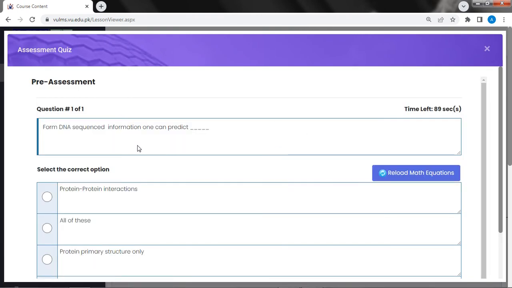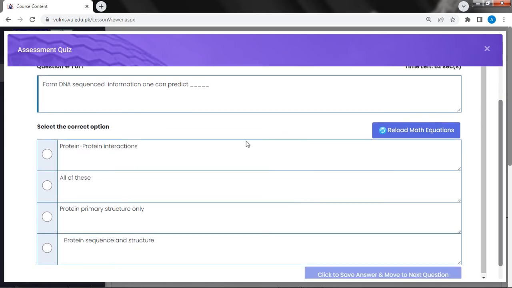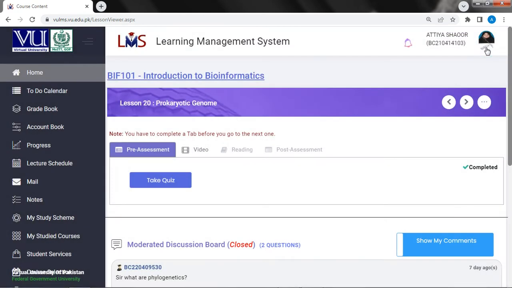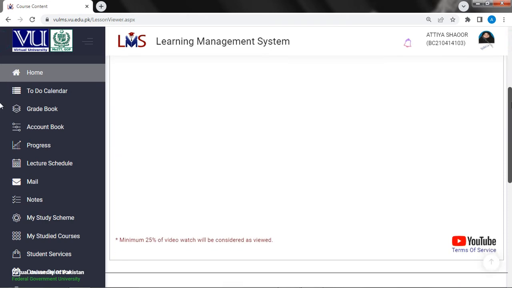तो जनाब, फ्रॉम DNA सीक्वेंस इंफॉर्मेशन वन कैन प्रेडिक्ट प्रोटीन इंटरेक्शन, प्रोटीन प्राइमरी स्ट्रक्चर, प्रोटीन सीक्वेंस एंड स्ट्रक्चर। सही। उसके बाद इसको पढ़े देखते रहो। उसके बाद करते हैं अपनी वीडियो को ध्यान से सुन लेते हैं।